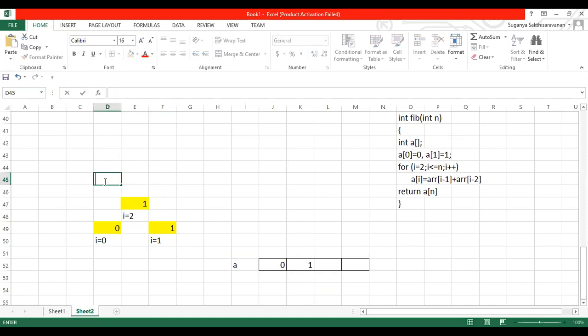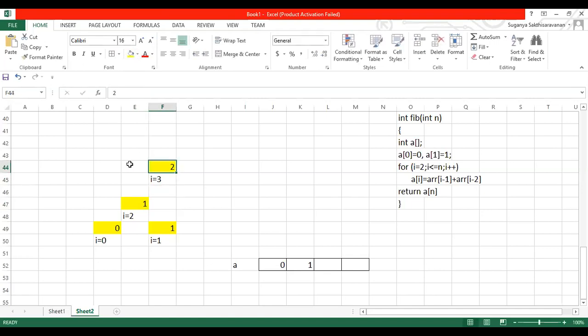Just a minute. So where is the right question? Okay, here. I'll mention here. Whenever the I value is equal to 3, we will be calculating I minus 1, I minus 2. So 3 minus 1 will be taken as value 2, and this will be taken here, and this will be calculated. So 1 plus 1, 2 is taken.